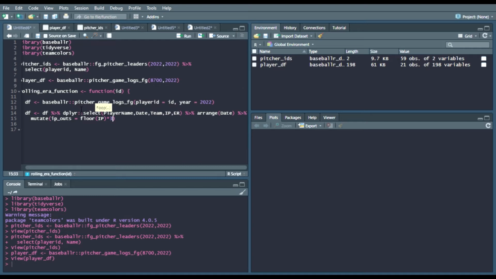So what that will do is, let's say you do throw 7 2/3 innings pitched. It will take the floor of that, which is basically the round down value, and in this case it's 7, and then multiply it by 3, so you've got 21 outs. And then additional outs, we'll say ADDL underscore outs, and we'll do IP, and then the double % sign is a modulo. And what a modulo basically does is